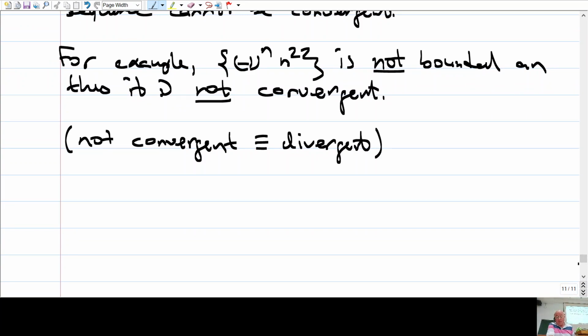Then we ask the following question. Well, if it is convergent, then it is bounded. What about the converse? If it is bounded, would it be convergent? Well, of course, that's not true, right? The alternating sequence 1, -1, 1, -1 is bounded clearly by 1, but it's not convergent. So remark,